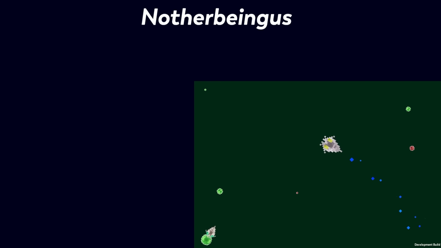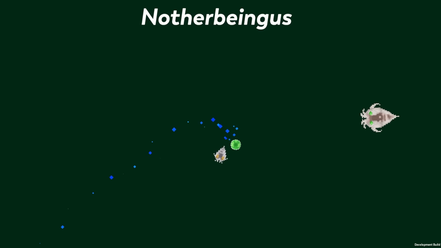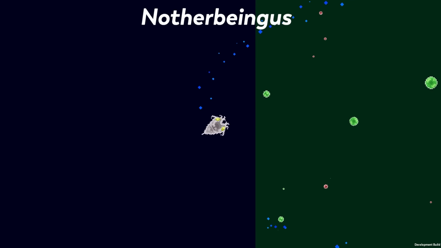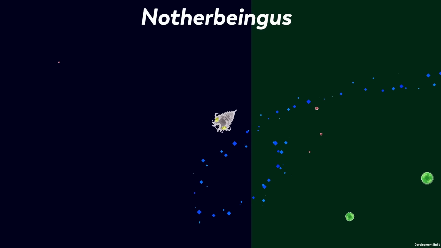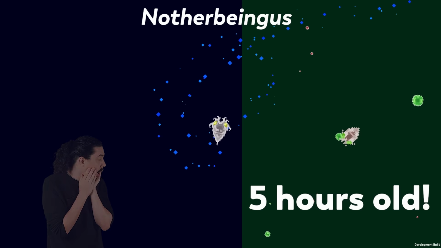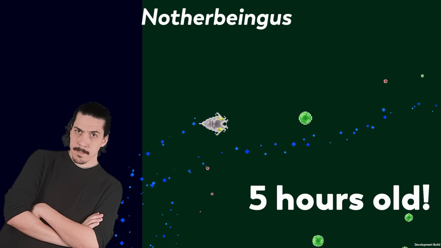Notorbingus releases blue pheromone when seeing pellets, which helps delimitate the actually fertile zones from the void. Remember that they are not seeing the green zones that we are. Despite being relatively small when reaching adulthood, they keep growing throughout their long lives, often becoming quite sizable in their elder years, many reaching ages over 5 hours. Which might not look like much to you, but you're not a Bibite, so a little respect is in order.